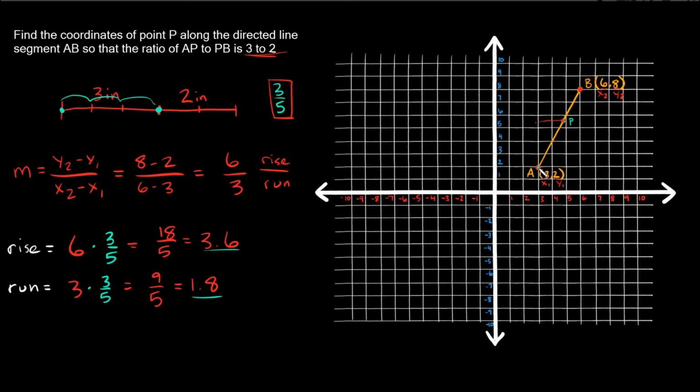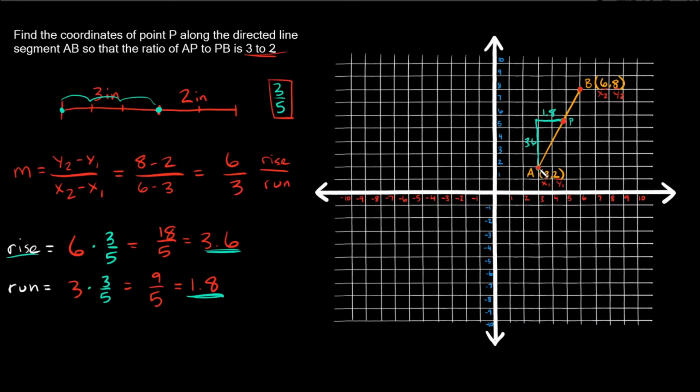So again, starting from point A right here, in order to get to point P, we're going to have to go up. The rise is 3.6, so we go up 3.6 spaces like that. And then we're going to have to go over 1.8 spaces right there, okay? 1.8. So what coordinate point is this right here? Well, it's a little hard to determine just based off of the x and y coordinate. So one other thing that we can do here is